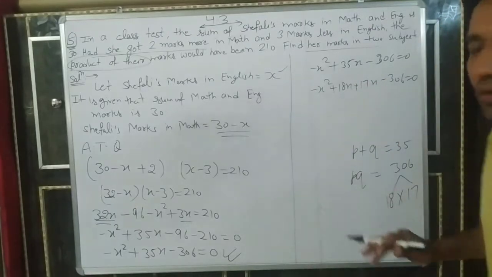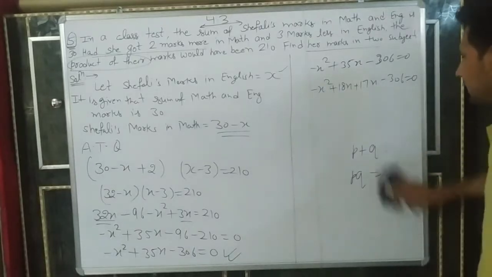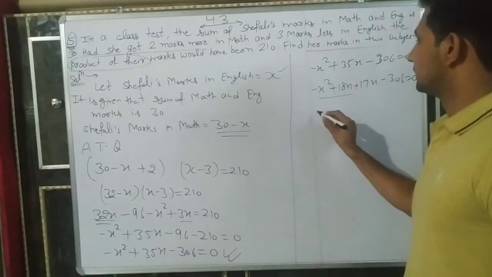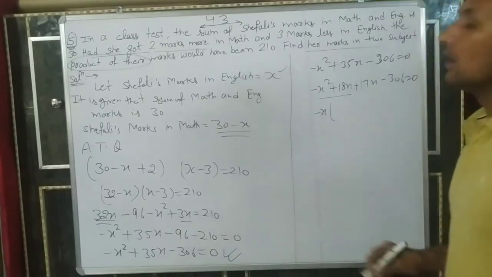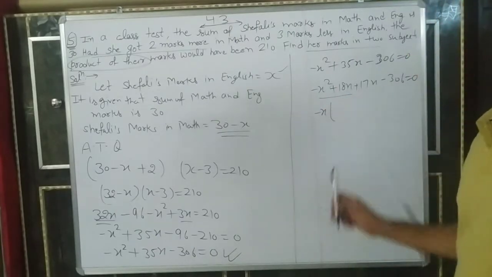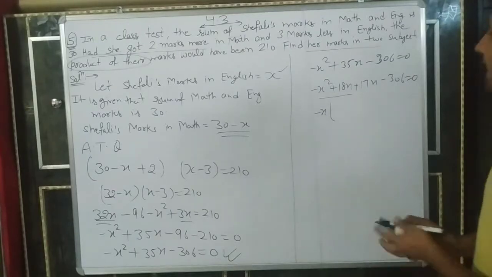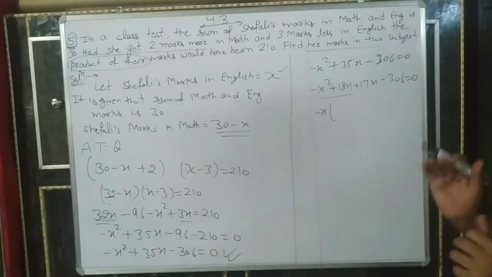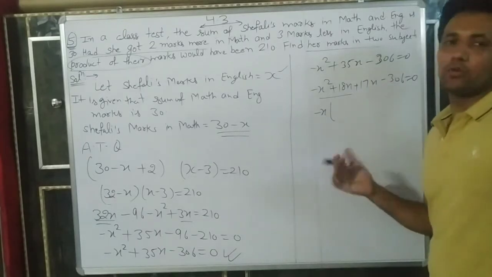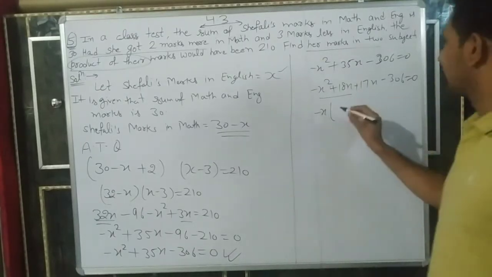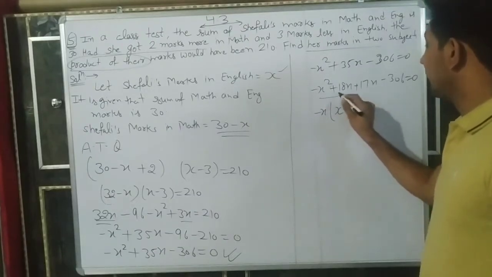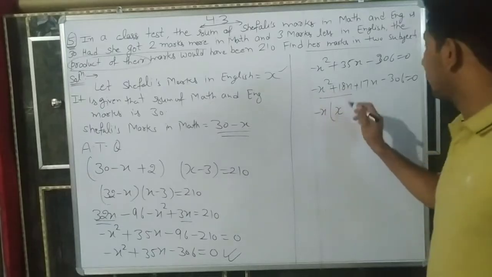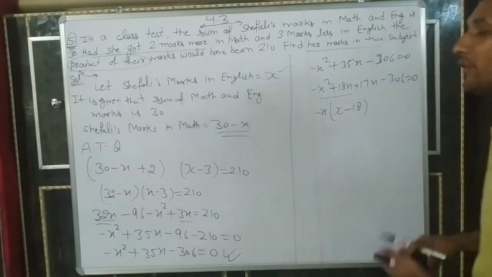Understand? So you have to do it yourself. Understand here? So you will write what is common. Common is minus x, we can take it common. Whenever we take minus, either you can take minus common or you can take positive common. Any positive or negative you can take common, in which you are convenient. So what remains? It is x. It always changes sign whenever we take a negative, so positive becomes negative. You can verify also.